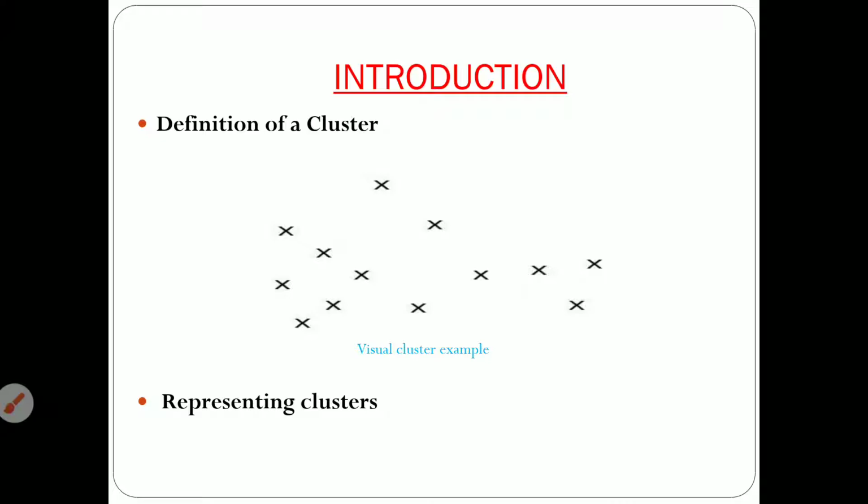And next, a cluster can have different shapes, different sizes, and different densities. Not the same size, same density, and same shape. So the clusters have different sizes, different shapes, and different densities. And these clusters are patterns; many kinds of patterns can be there, not the same type of pattern.